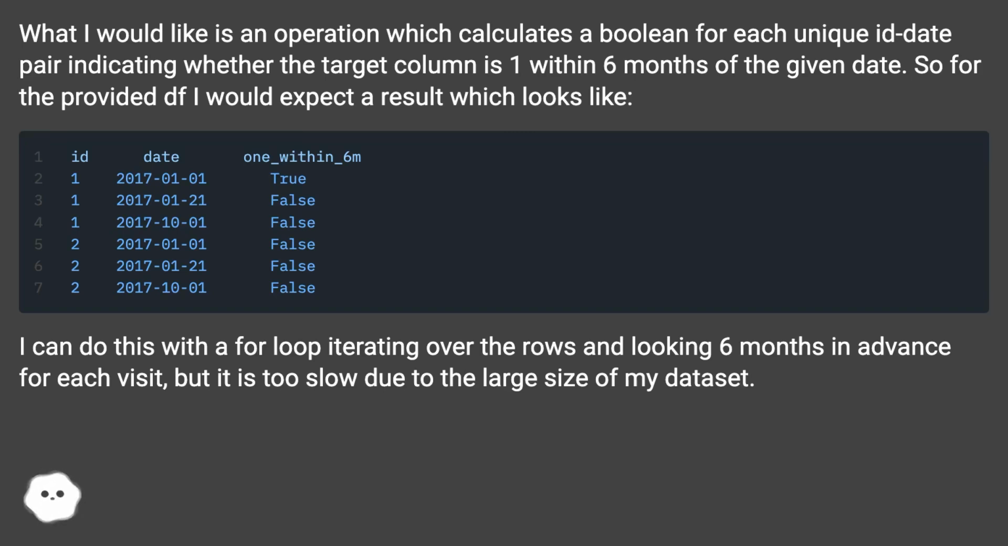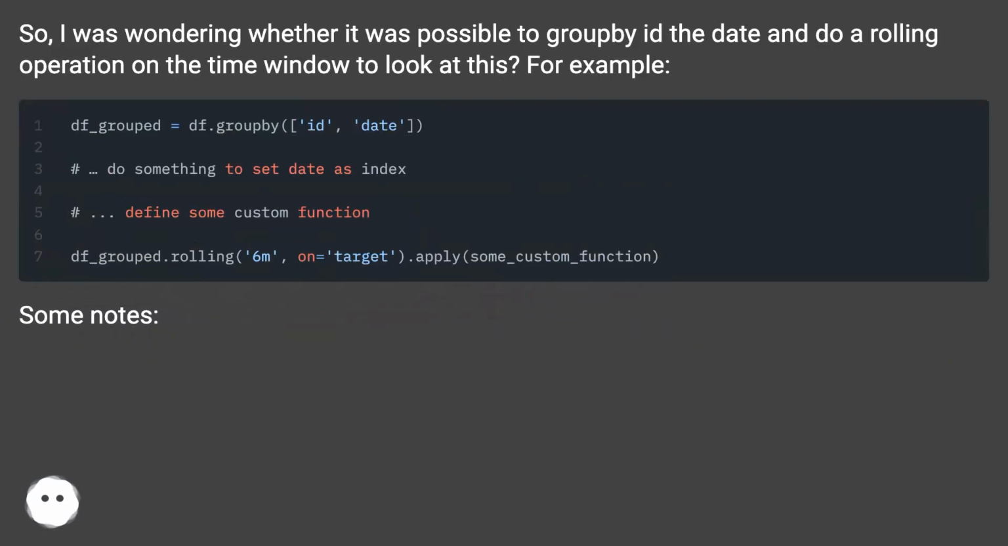I can do this with a for loop iterating over the rows and looking 6 months in advance for each visit, but it is too slow due to the large size of my dataset. So, I was wondering whether it was possible to group the ID, the date, and do a rolling operation on the time window to look at this. For example,